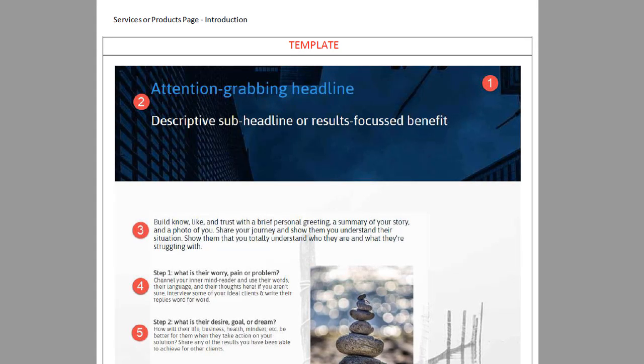Right, now it's time to turn our attention to our products or services page. So obviously if you're a service provider, it will be the services page. If you're a product provider, it will be your product page. So having a look at the template, we can see that there are a number of issues that we need